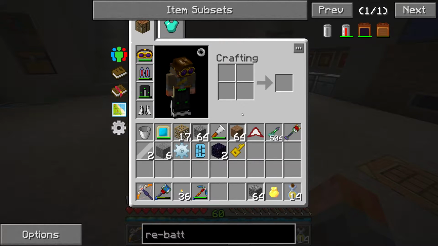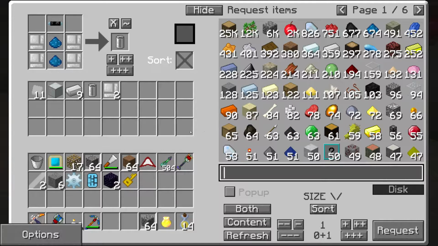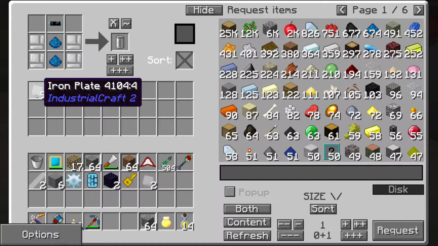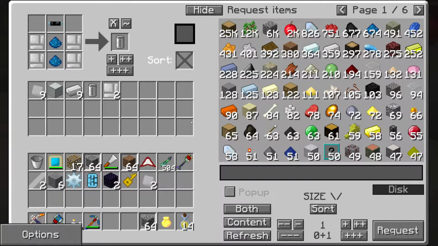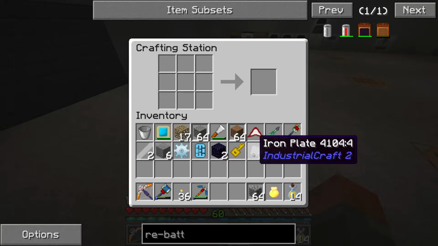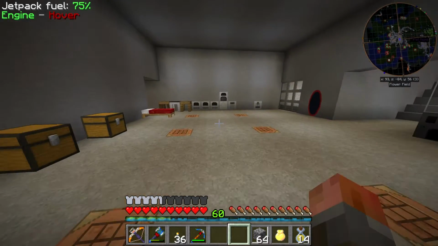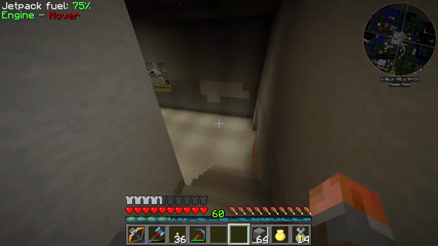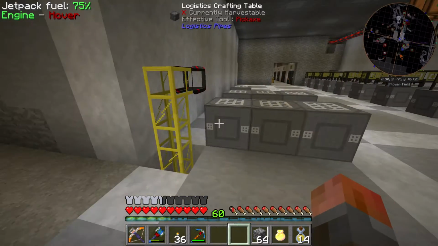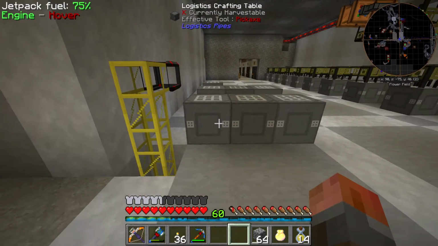For the machinery, we're going to start with a few basic components that we probably haven't built too much before. Let me first get a couple of iron plates and get some iron, and let's just make that into a block. There's a couple more crafting recipes to put in the crafting system. I don't know what the actual machines themselves are, but I want to